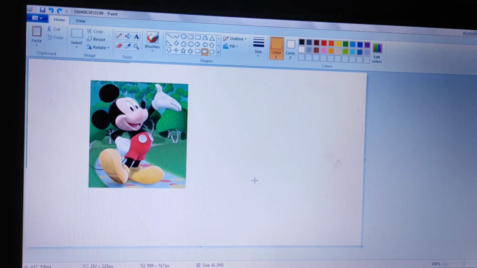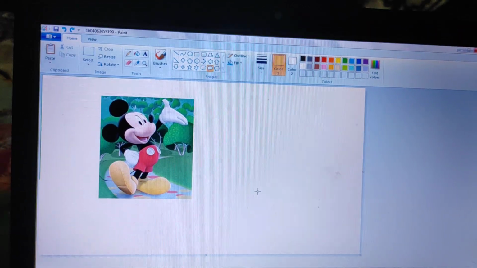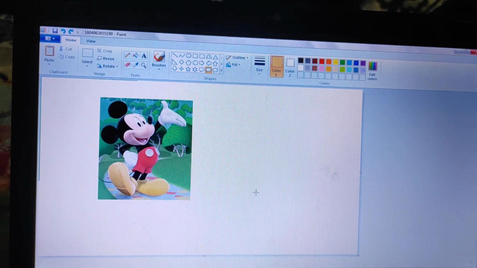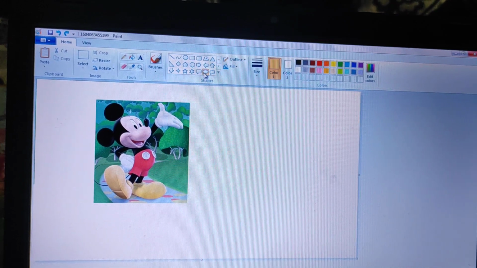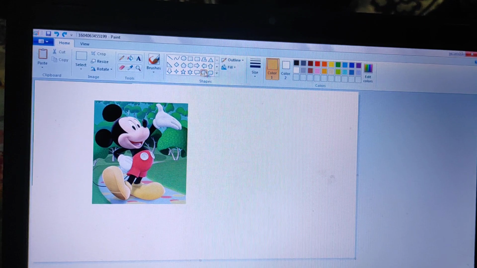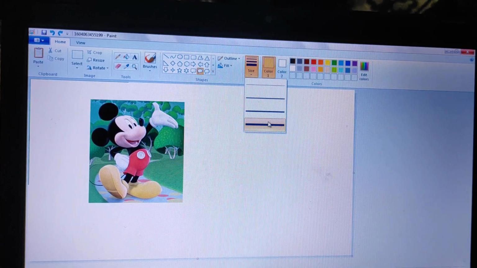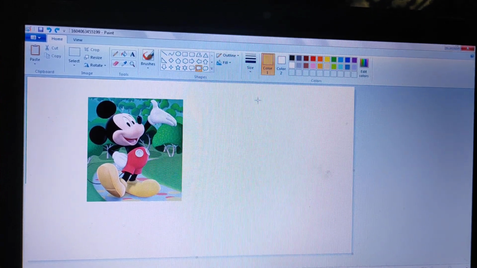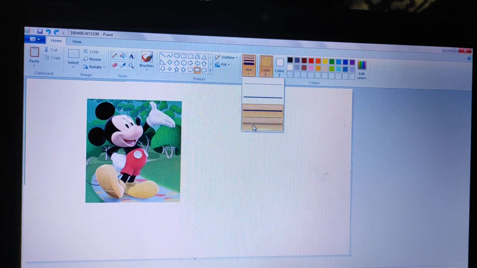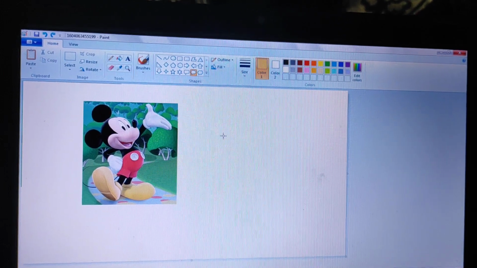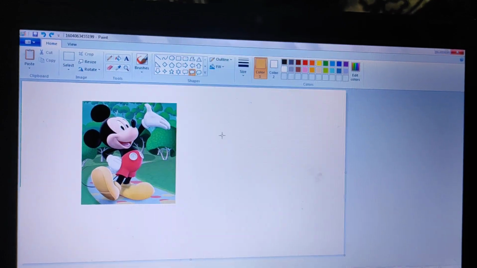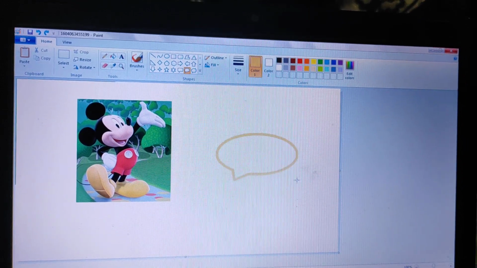Now the next topic is draw callout shapes. So we can draw a callout by using the callout tool. So this is the callout tool. From the shapes you have to click on it. After that from here you can select the size for your callout. I just select the size as the last one, this one. After that you can see this pointer on your screen, on your sheet. Then press the left button of your mouse and drag your mouse and you can see the shape.